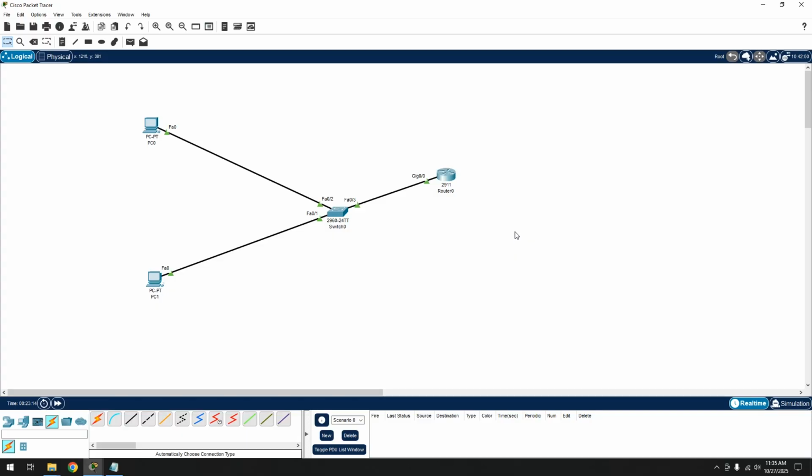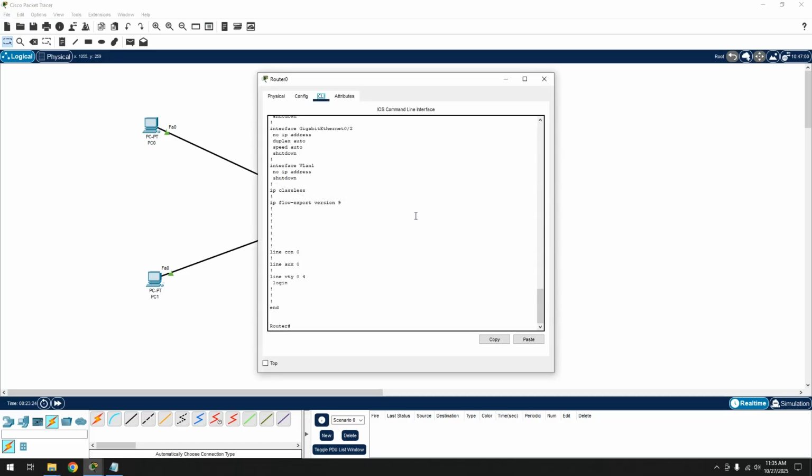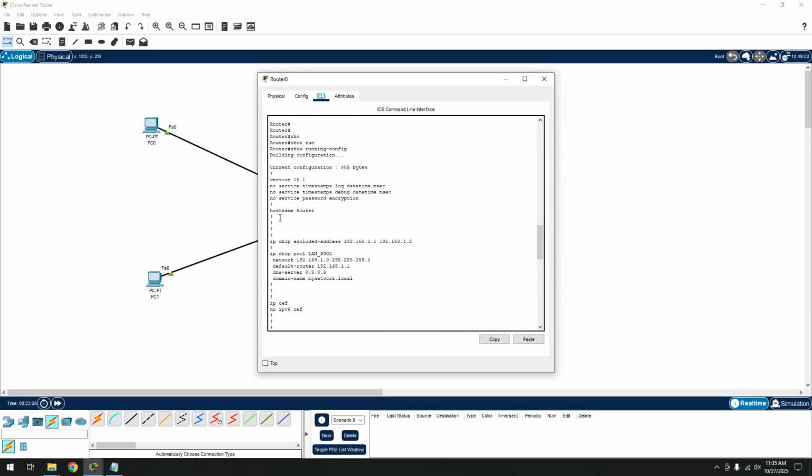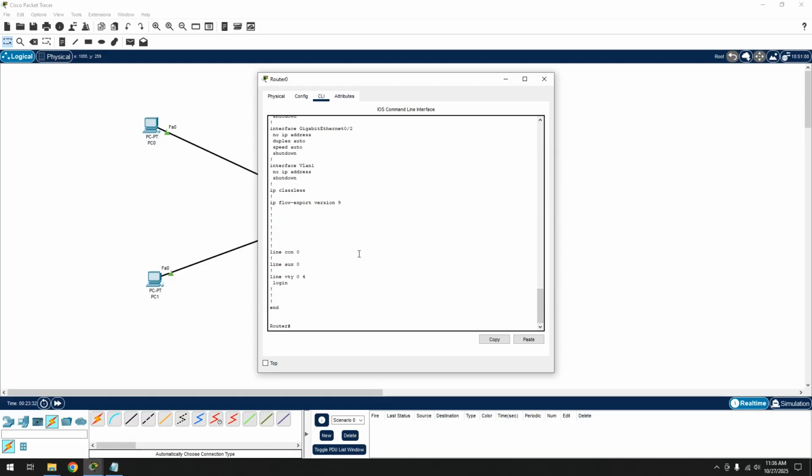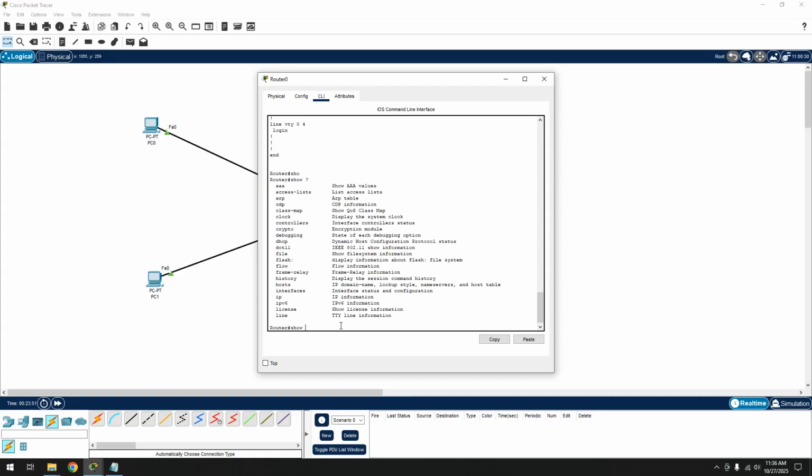We learned how to exclude reserved IPs. That's very important. We verified our configuration using show running-config. Let's check this command too: show ip